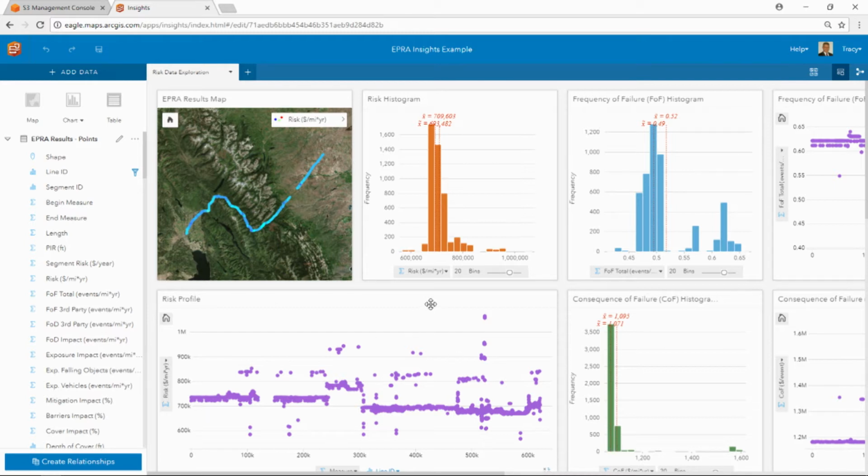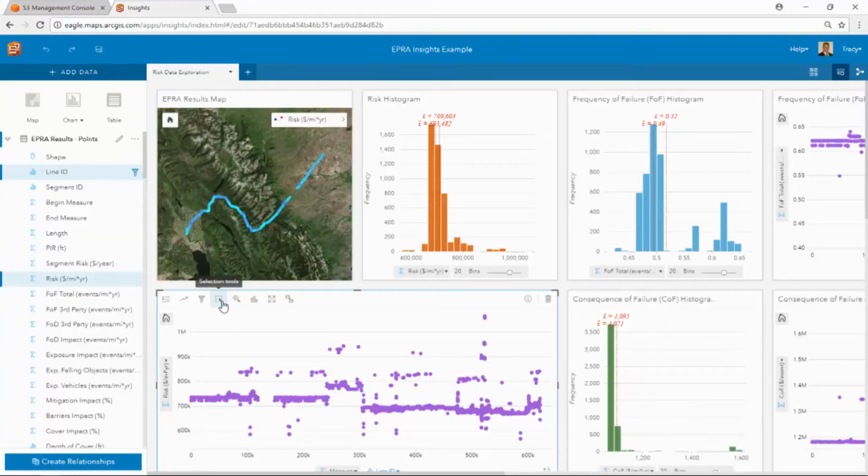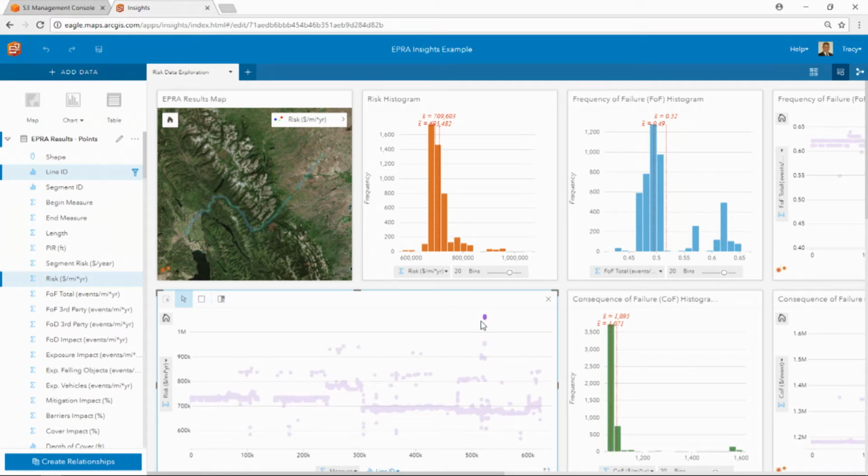Now, as I look at this profile plot, my eyes are immediately drawn to these high-risk segments. Right? We've got a few bad actors out here on this line, and if I can understand what's going on with those high-risk segments and potentially mitigate them, then I can really improve the overall situation on the pipeline. So let's go ahead and select those points and see if we can get a better understanding of